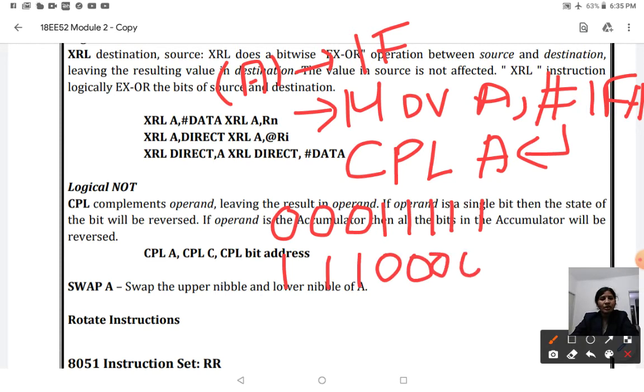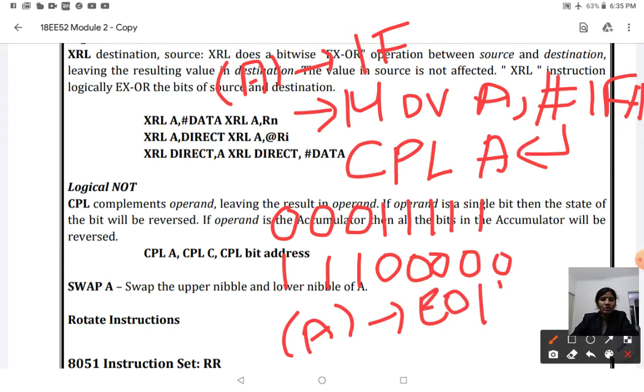That is, whatever value you had before, it is just a complement of this. So after the execution of CPL A, the content of accumulator is going to be E0. Why is it E0? Because the equivalent hexadecimal for this particular value is E0.